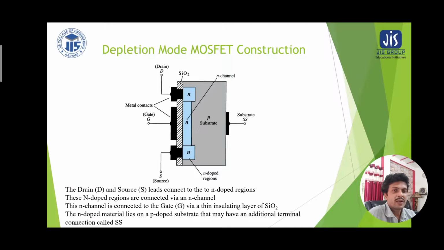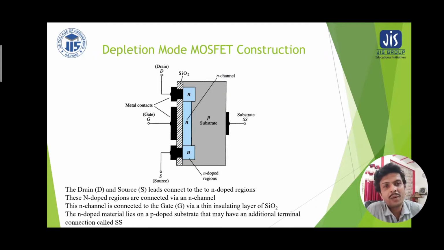The silica layer is working as the dielectric material of the capacitor. The capacitive plates, conductive plates, one is the metallic connection of the gate terminal, another is the N-type channel. Both are conductive. That is, N-type semiconductor has more conductivity, similar to the conductor, but less than the conductivity of a conductor. So one side is the N-type plate, the other side is metal in the gate terminal. In between, silica is working as the dielectric material of a capacitor. So if we apply negative voltage to the gate terminal, what will happen?